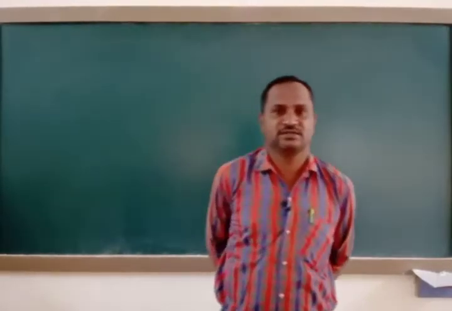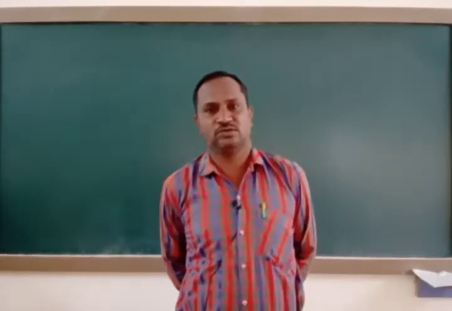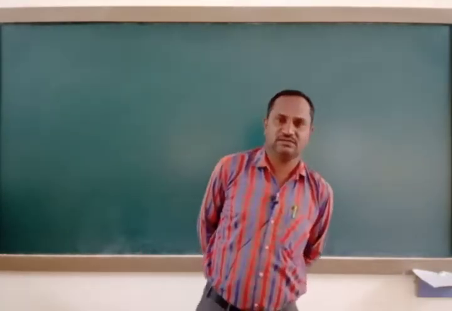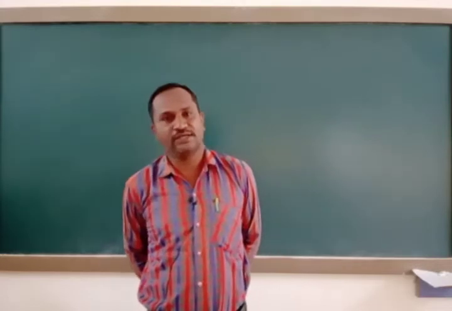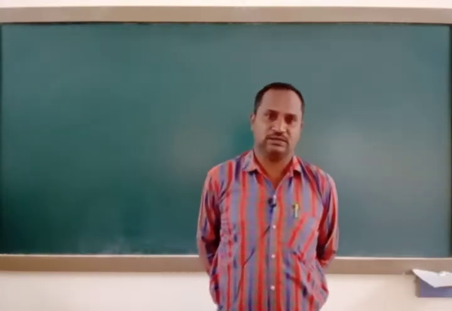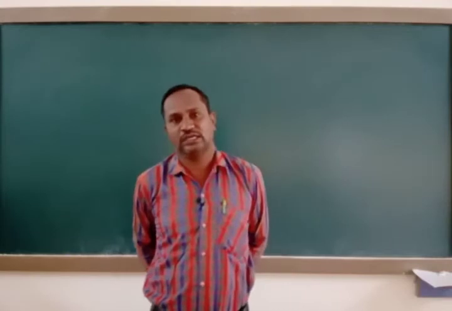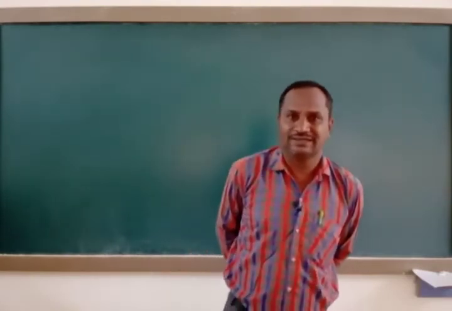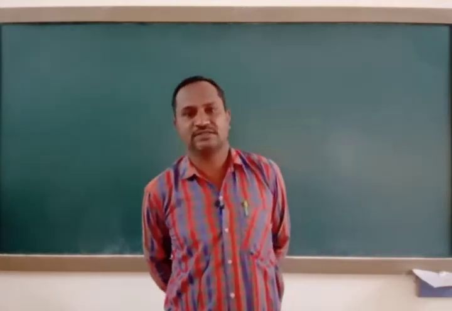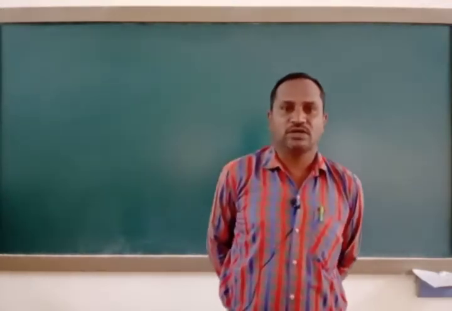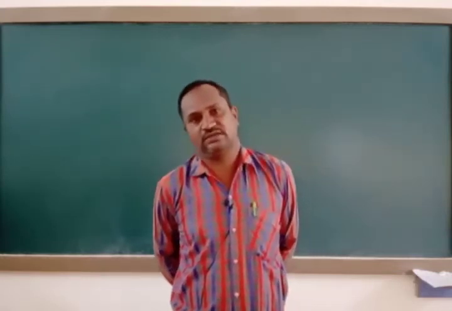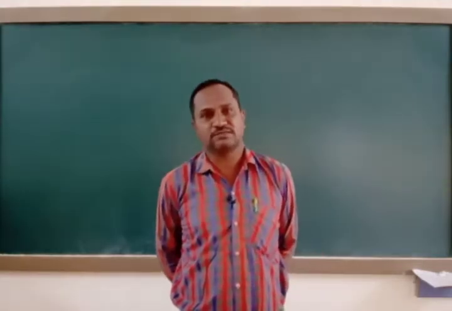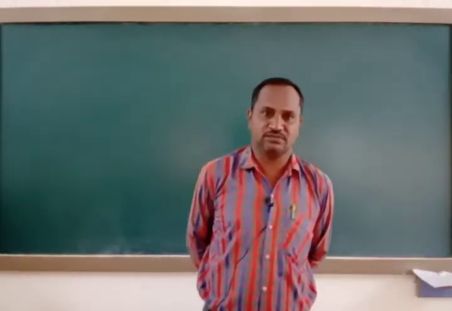Good morning, dear students. Last class I told two types of theorems. Theorem 1 is the equation of a line passing through a point and parallel to a vector, that is, r vector is equal to a vector plus lambda into alpha vector. I also told one more theorem, the equation of a line passing through two points. For these two, we have finished the vector methods and Cartesian methods.